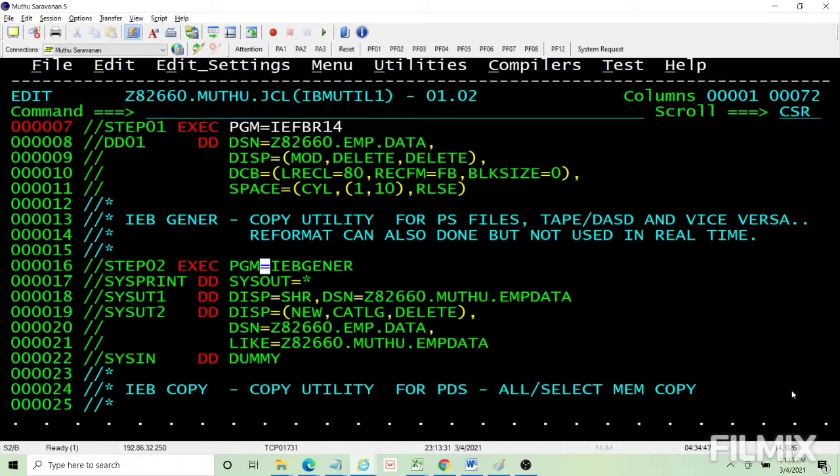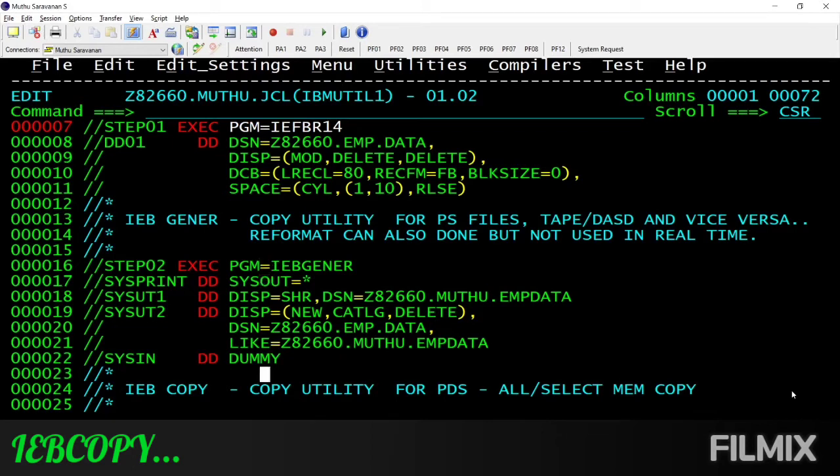You want to create 5 members where every member contains its own type of records. From a physical sequential dataset, creating n number of members is also possible using IEBGENER. But again, hardly do I come across such a need in any real development project. So in real time, you can take it for granted that we use IEBGENER only for copy purposes.